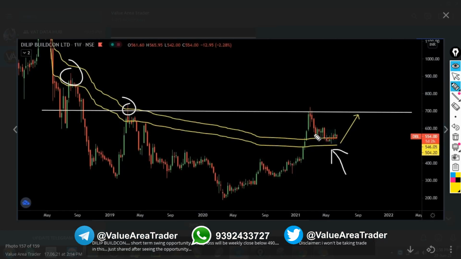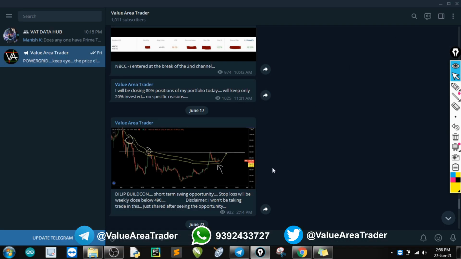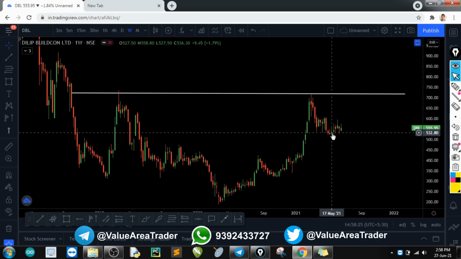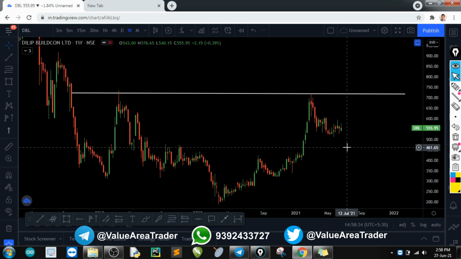I did give it when there was a reversal. So I mixed it up with the anchored VWAP band, as you can clearly see. I would be keeping my stop loss somewhere here below the band. So I'm looking for a reversal. This is right now in the right shoulder area for me, and it might go back to the neckline of 700.